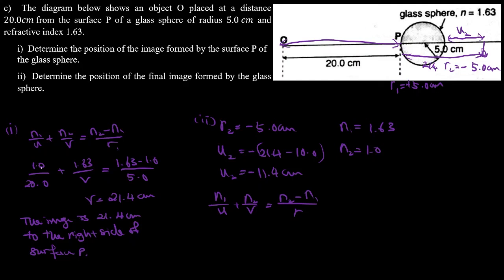So your n1 was 1.0 and your n2 was 1.63. But now, because the light rays are refracted from the glass to the surroundings, we have n1 as 1.63 and n2 as 1.0. So substitute inside, and your u is negative 11.4. Plus 1.0 over v equal to 1.0 minus 1.63 over r, which is negative 5.0. So you will get your answer v is equal to